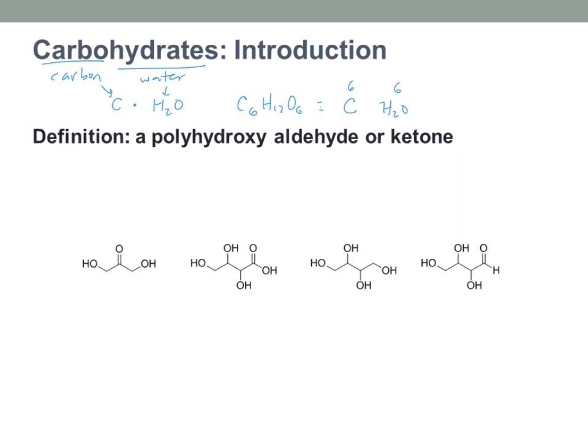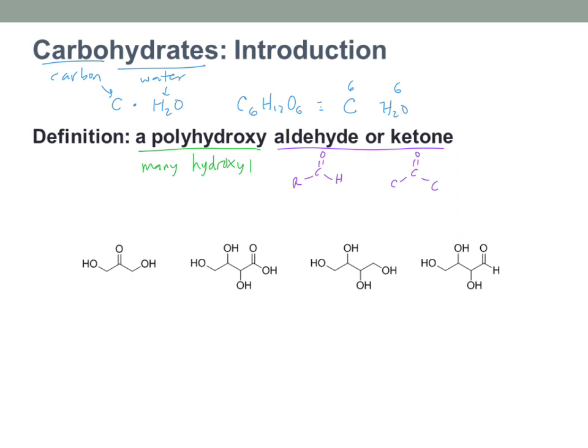I mentioned this before. Really, for us, when we hear carbohydrates, we want to think polyhydroxy, aldehyde, or ketone. Polyhydroxy means there are many hydroxyls, so we need to find many hydroxyl groups. The second criterion is that it's an aldehyde or ketone. So we need either an aldehyde, C double bond O with an H on it, or a ketone, which is a carbonyl, C double bond O with 2 carbons on either side. It needs to be those 2 functional groups. So I've got 2 criteria, the stuff in green and the stuff in purple. And it's a much more specific definition of carbohydrate than just a ratio of carbon and water.